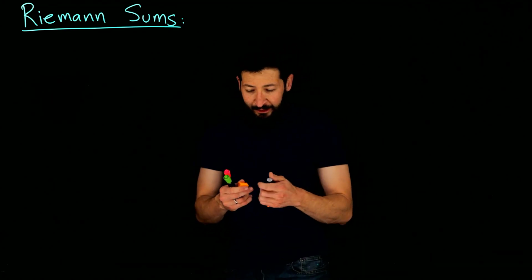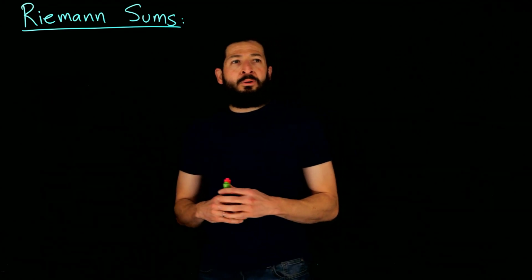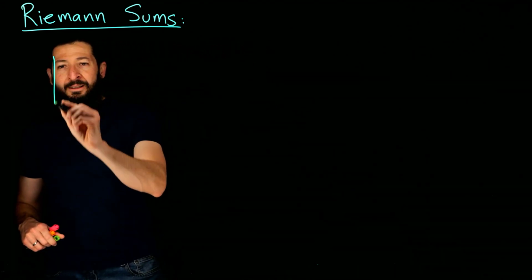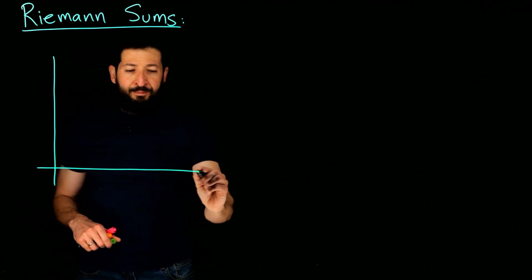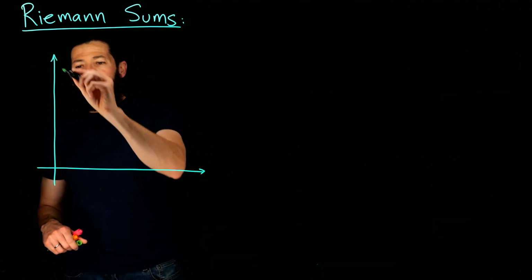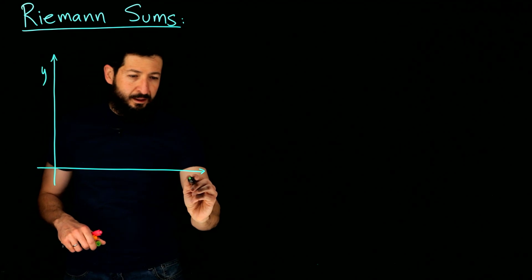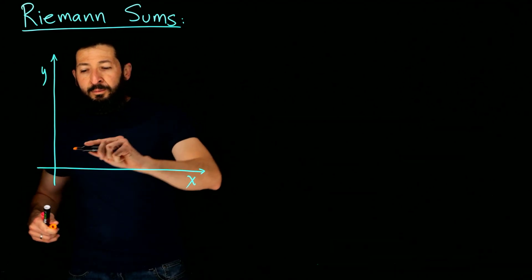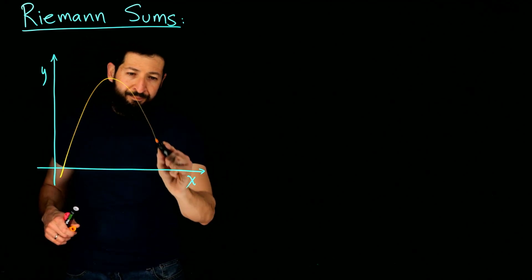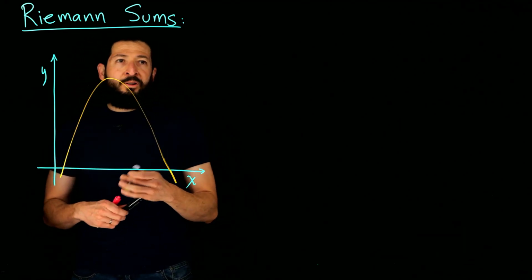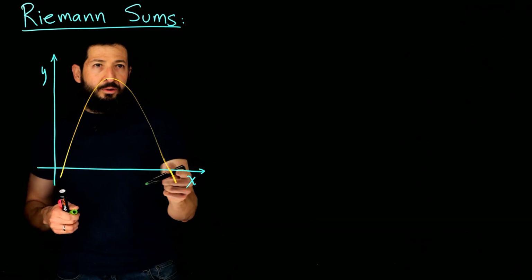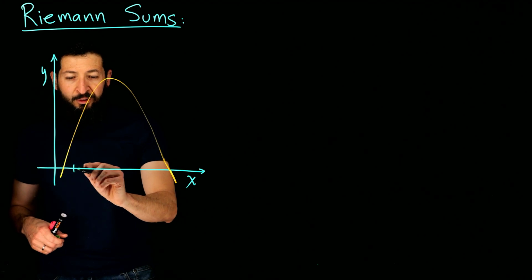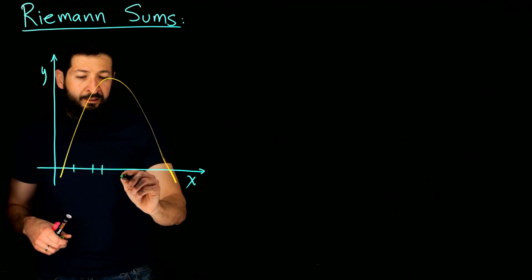All right, so today we're going to talk about Riemann sums, but I will talk a very simplified version of it. In their full generality, the idea of a Riemann sum would be that if you have, say, a parabola here, and you want to compute the area under that parabola, just like we've been doing, you could partition this into any subintervals. And you start making partitions, and not necessarily the same size,